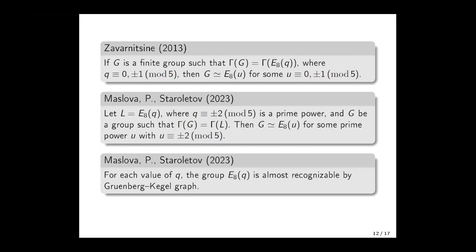And you can ask the following question: why is there a difference between the equivalences of the field? You see, when the order of the field is equivalent to 0 or plus minus 1 modulo 5, then the prime graph of E8(q) has 5 components. And in the remaining cases, it has 4 components. So in some way, it should be harder to deal with this, but still